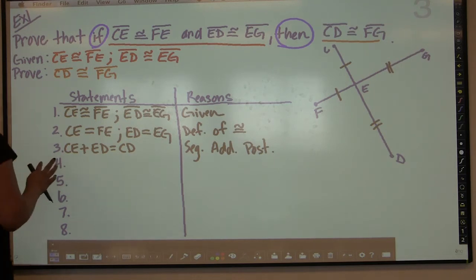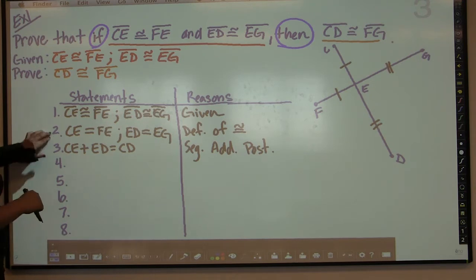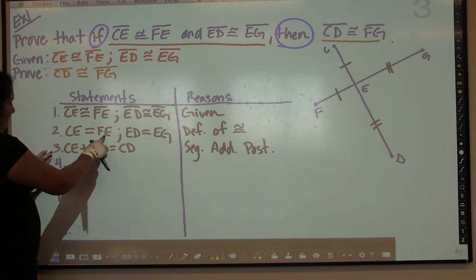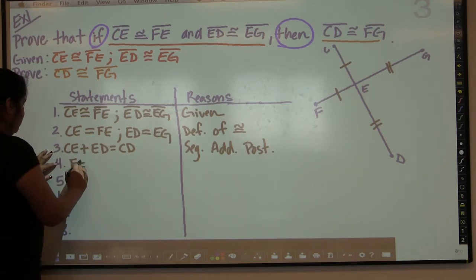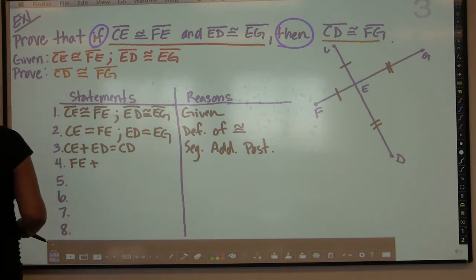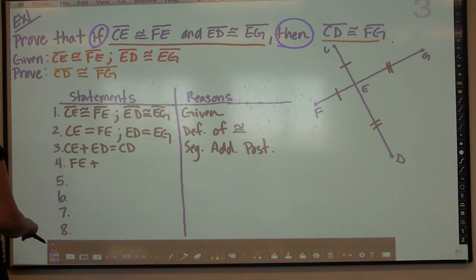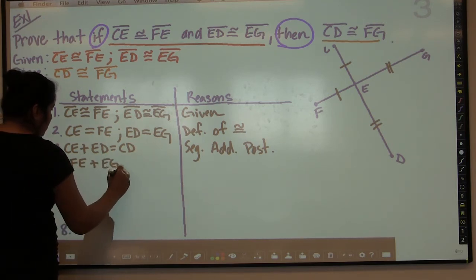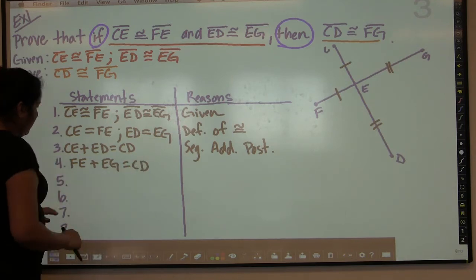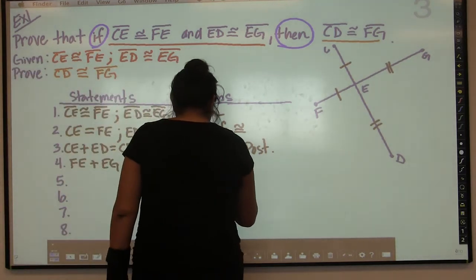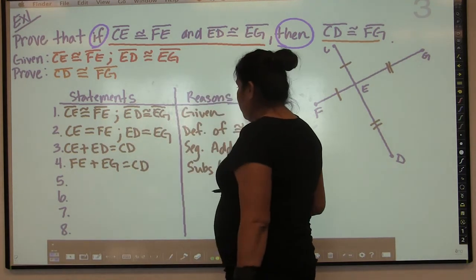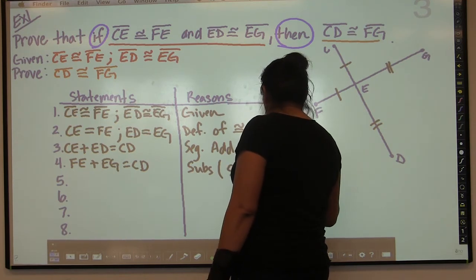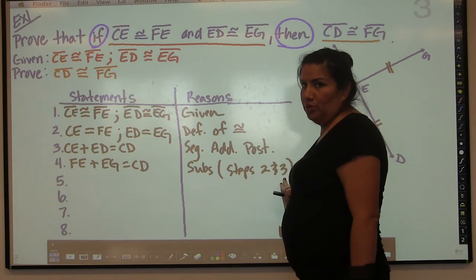Okay, and then we're going to use substitution for our next step, and I hope that you can follow along here. So I will show you, we're going to take steps 2 and 3, and we're going to use substitution. I know that CE is equal to FE, so instead of CE here, I'm going to put FE, okay? And then, instead of ED, I'm going to put EG. All right, so just so that we're clear, I'm going to put over here substitution, which we said we could use subs as an abbreviation, and this is going to be steps 2 and 3,